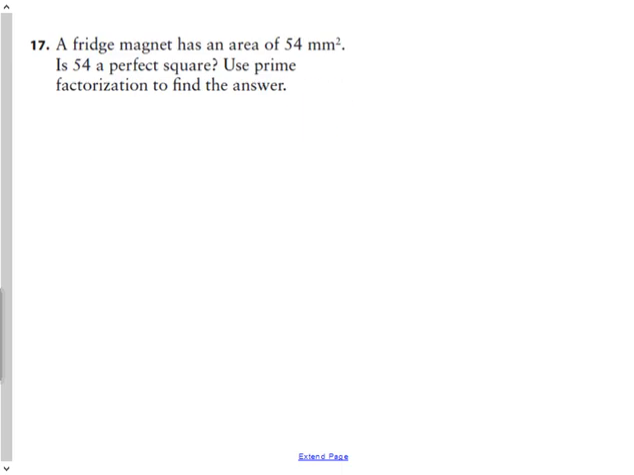Skip 16, go on to 17. A fridge magnet has an area of 54 millimeters squared. Is 54 a perfect square? So use prime factorization to determine whether it is or not. So the area of this fridge magnet